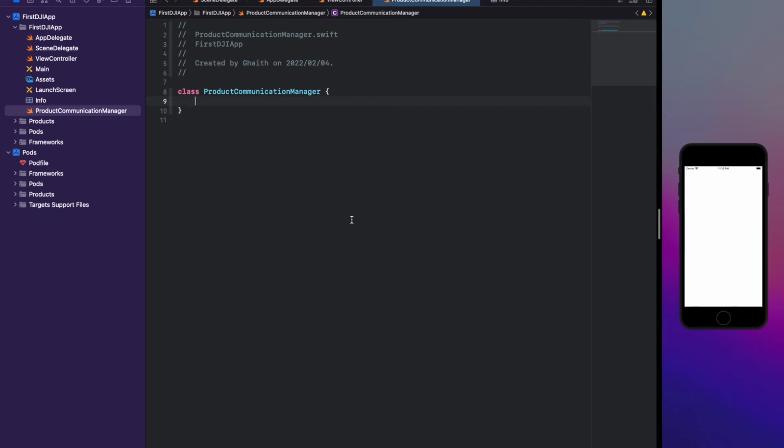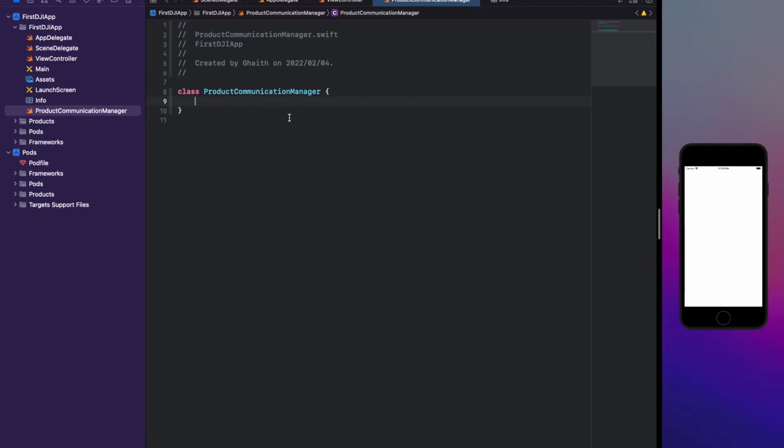Hello everyone. In the last lecture, we saw how we can connect to the DJI server and get the DJI SDK app key in our app, connected to the server and getting the verification. In this lecture, we will use another technique to connect to our physical device, the drone. Exactly, I will show you how we can print the device model using